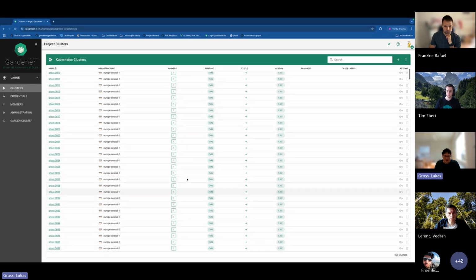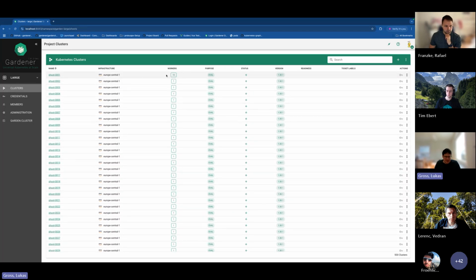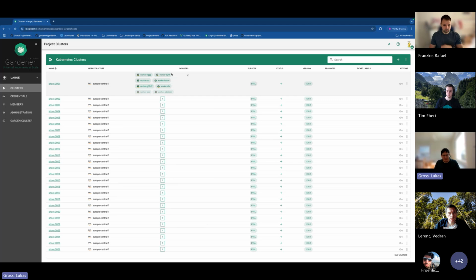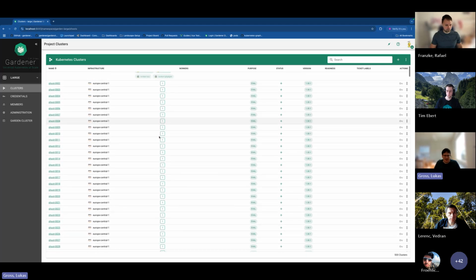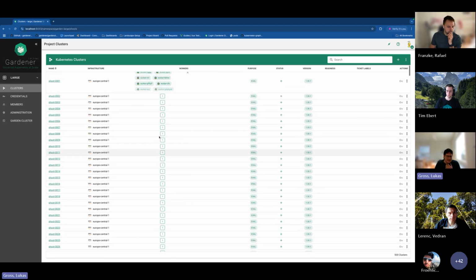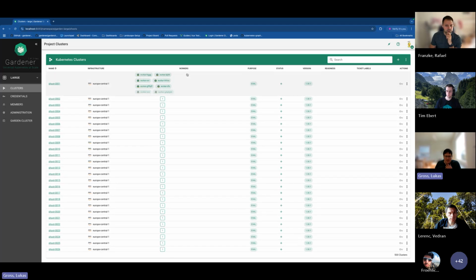And also, as I already mentioned, we worked on things like the workers, so that if they grow to a large number, you can scroll here so that the single rows don't get too large. Okay, other than that,